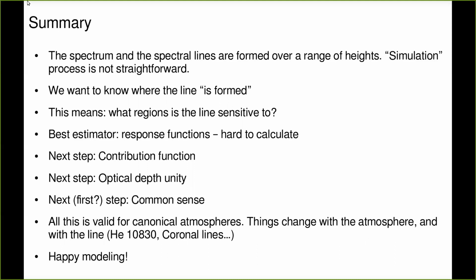For example, if you're looking at the sunspots, you will want to use the atmospheric model appropriate for sunspot, maybe not the FALC. You can calculate various quantities here, like response functions, contribution functions, or just optical depth equals 1. Or in the end, if everything else fails, just use common sense to try and figure out which lines are stronger, which are weaker, and which belong to which ionization stages, and so on and so on. And that way you can sort of quantitatively ascribe the quantities that you're measuring to depths in the solar